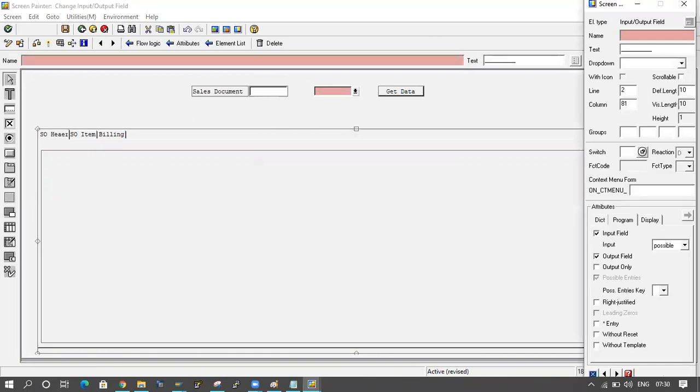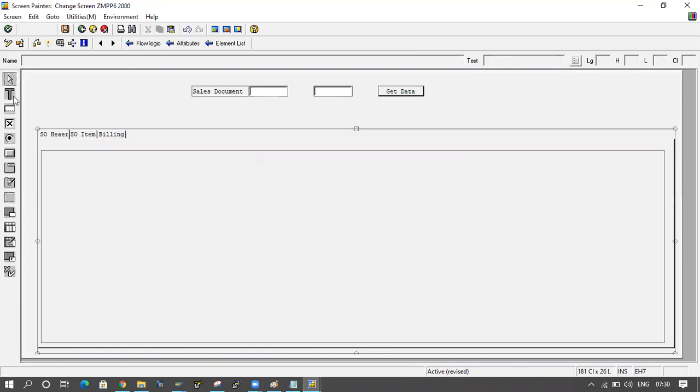I will take here something, a B value, and this is the A. And here I will type 2.